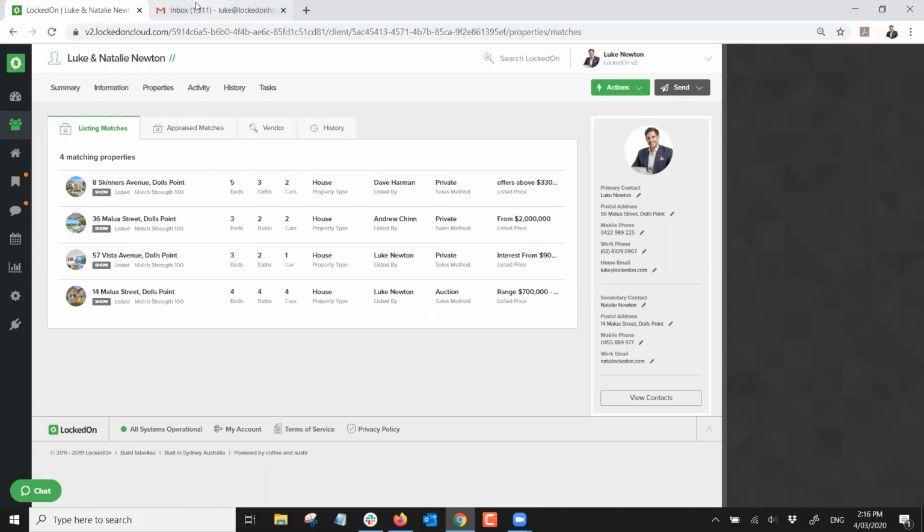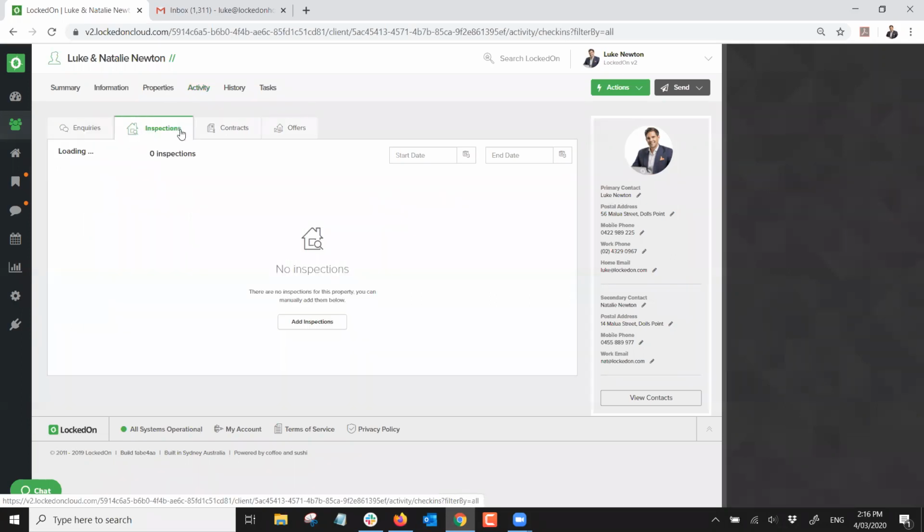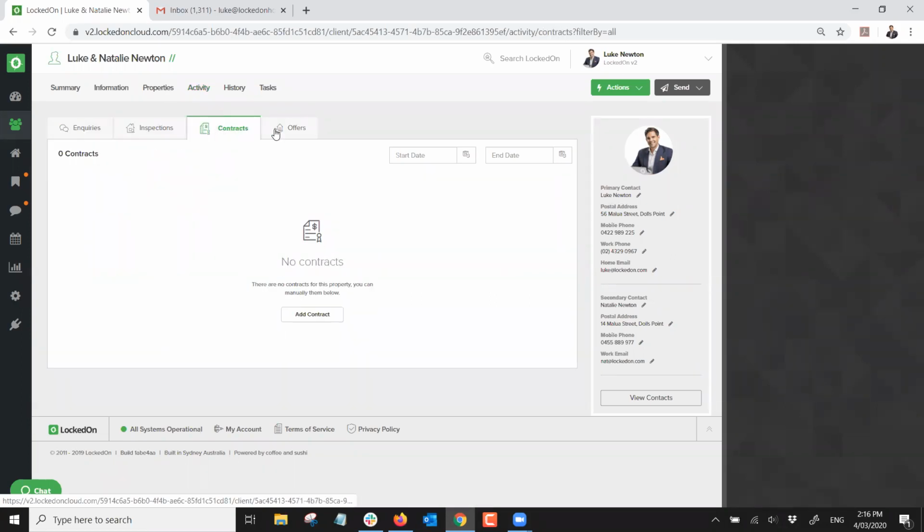We'll see that hit my inbox soon, and we'll look at that shortly. So we've contacted the buyer now with all the properties that match their criteria. We processed an inquiry from Luke, and this is where it takes us into the activity. There are 4 levels of interest that you'll have with buyers. This is where we start to look at what they've inquired on, what they've inspected, contracts they've requested, and offers